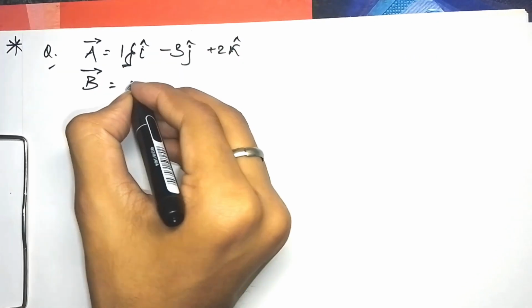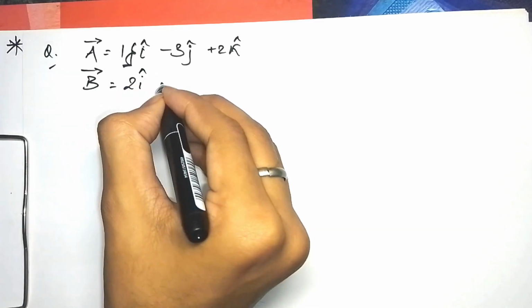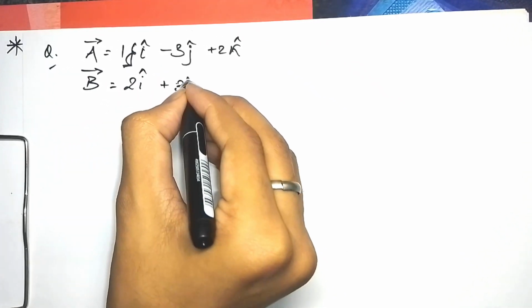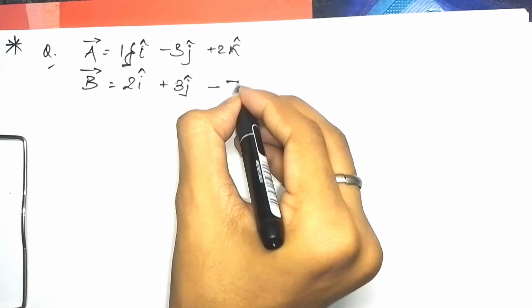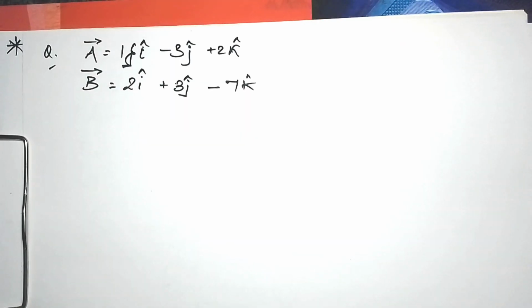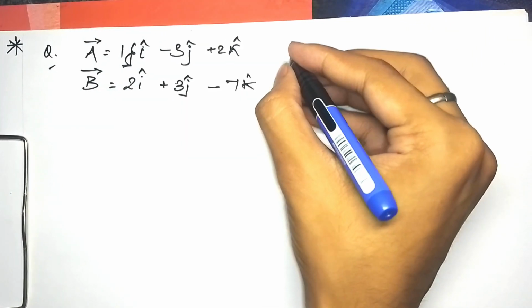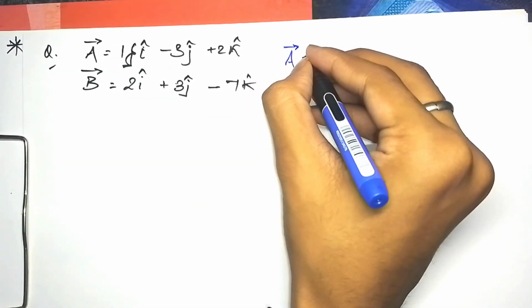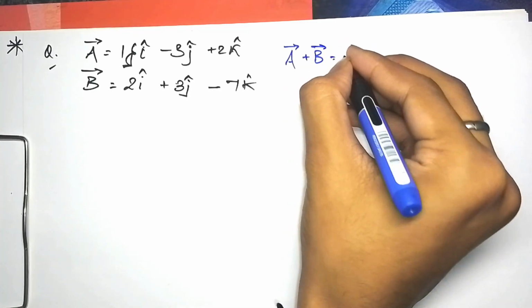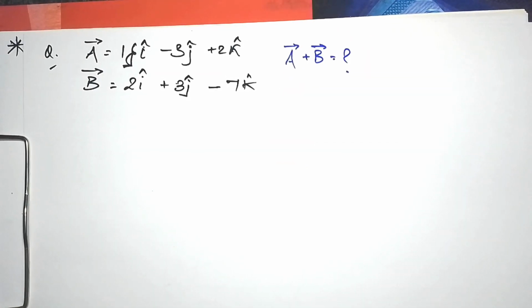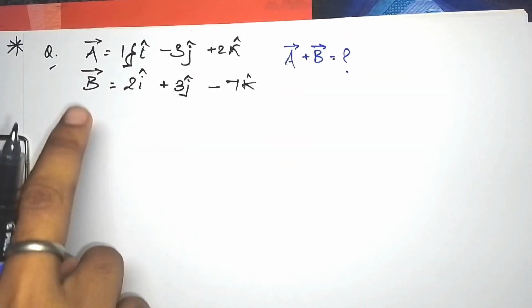Yeah, here is one more vector, 2 i cap plus 3 j cap minus 7 k cap. So now when you have to add these two vectors, you are asked here a vector plus b vector is something that is being asked to you. So what would you answer? So you would simply answer adding their